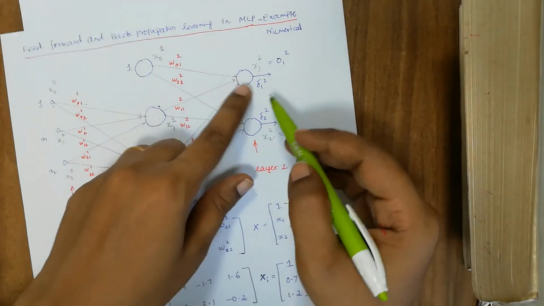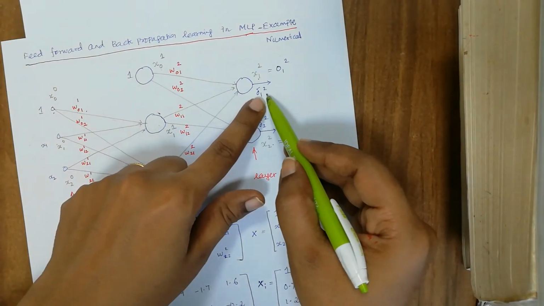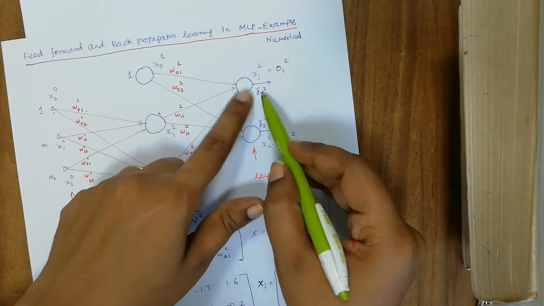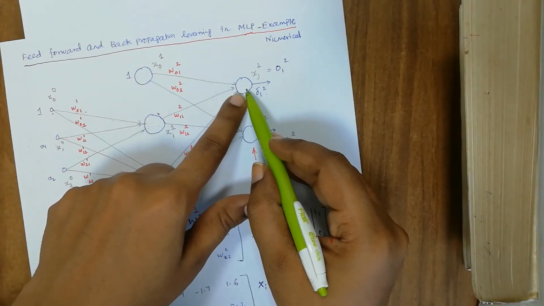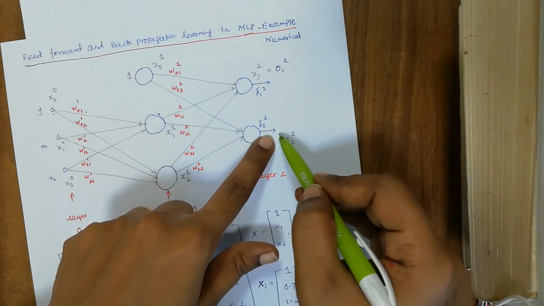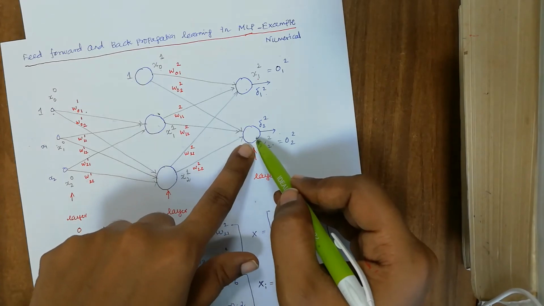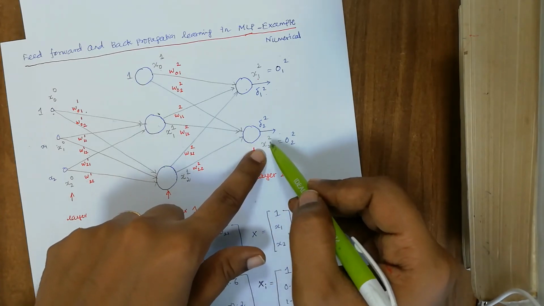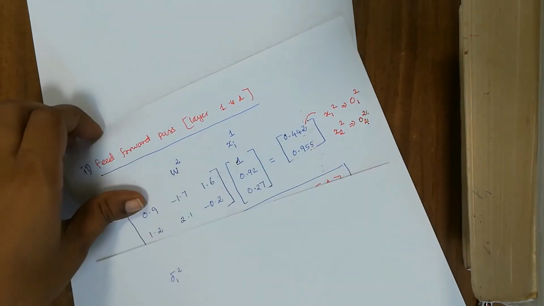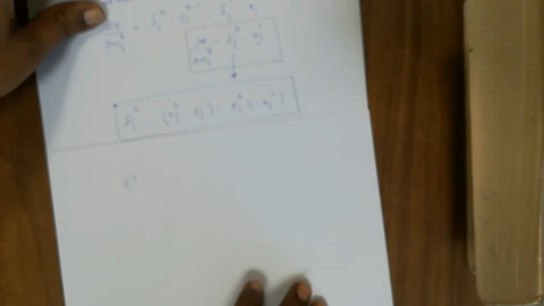What is the actual error? It takes the difference between the expected and the actual value, multiplied by its local derivative of the nonlinear function. Similarly, delta_2^2 is also the difference between the actual and the expected output, multiplied by its local derivative of this value, which is x_2^2. That is what we are going to do in the next step, and that is also easy. So let us calculate the error alone, which is delta_1^2. Now let me keep this formula. The formula says delta_j^2.